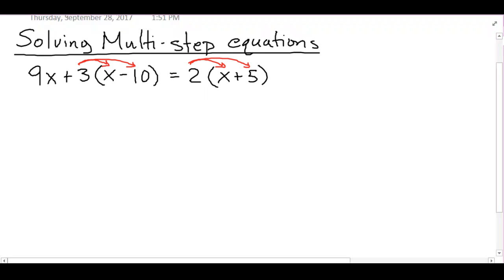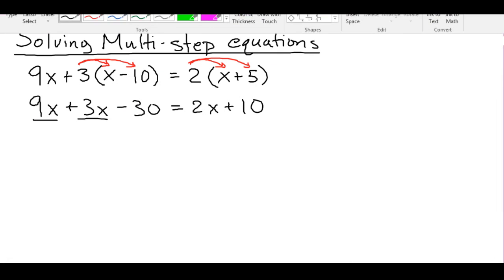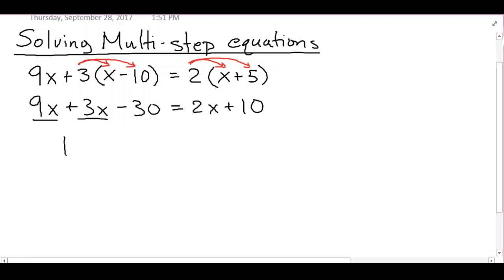So we have over here, on the left side, we're going to be left with 9x plus 3x minus 30 by multiplying that 3 with what's inside, is equal to, on the right side, 2x plus 10. Simple distribution, right? This is still not simplified. We still have like terms over here that we need to combine, the 9x and the 3x. Go ahead and combine those two, and you end up with a nice 12x minus 30 is equal to 2x